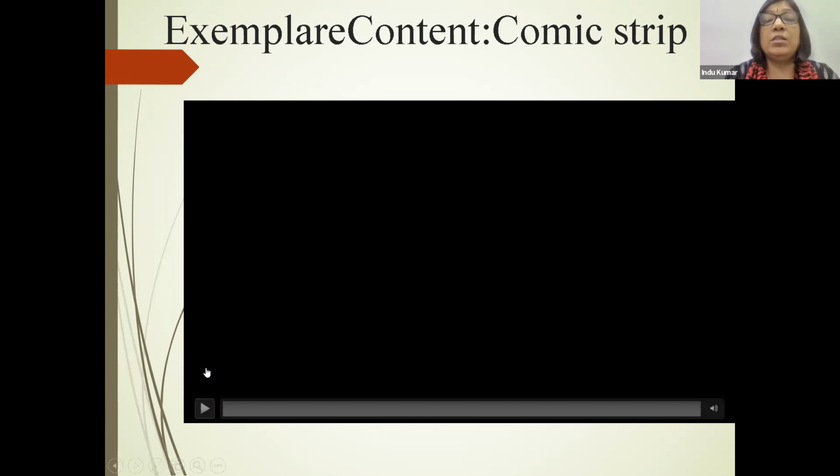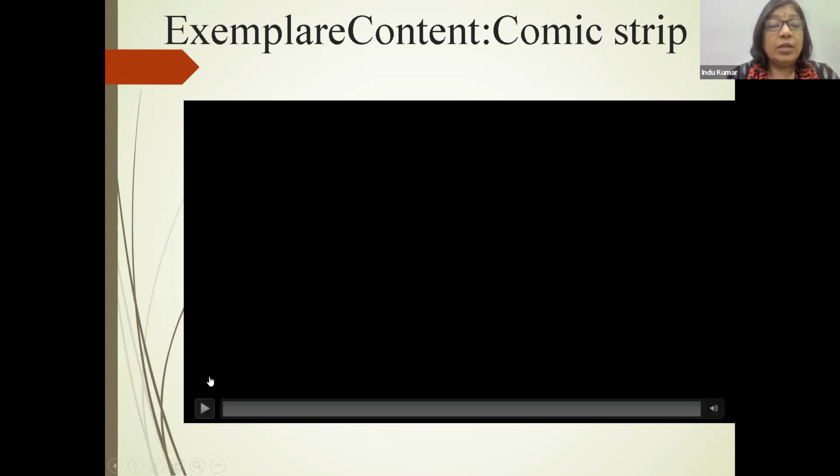This concept is showcased in the form of very interesting, easy-to-make digital content, that is a comic strip. You can use PowerPoint to create such a comic strip.